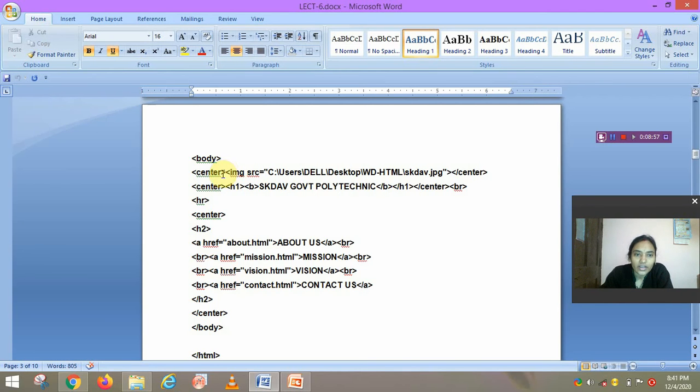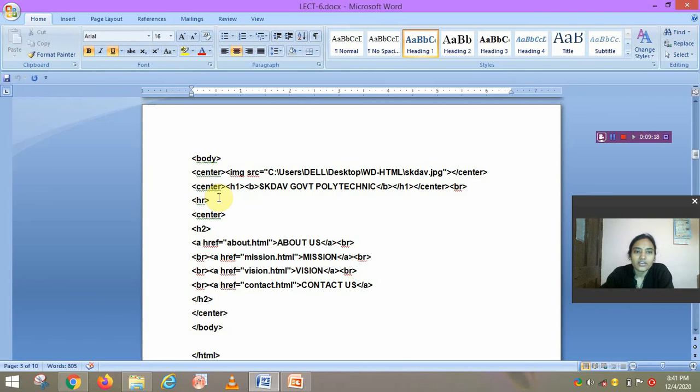Then we write an image with src equal to skdiv.jpg, which is the path or full address of this image file. Then we close this center tag.